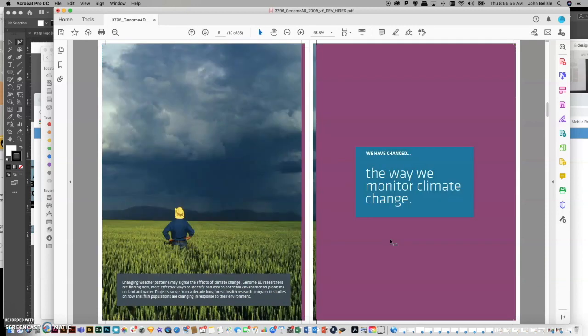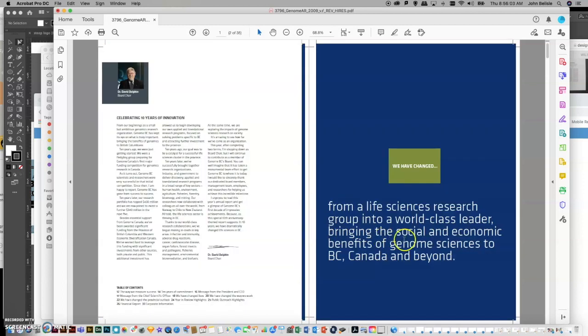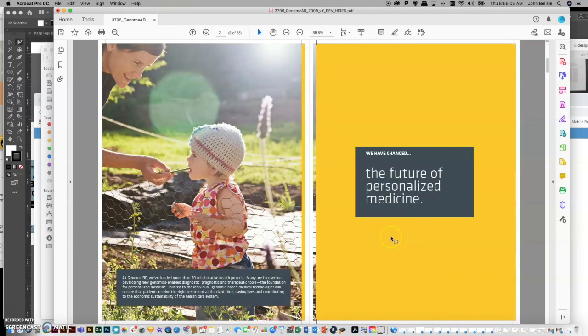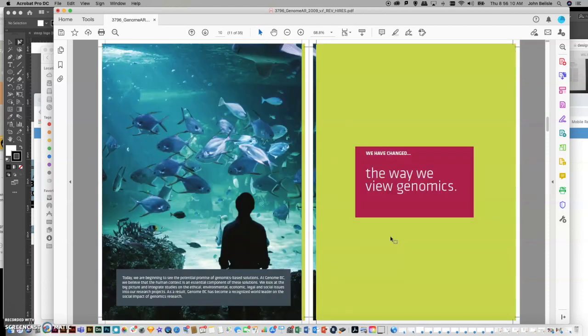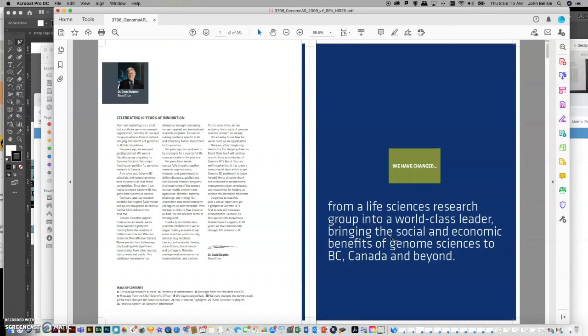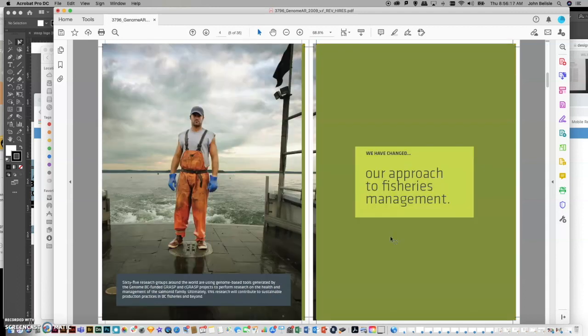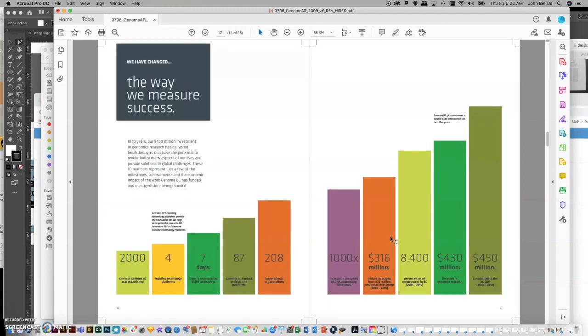So the whole report, that was just sort of me pitching them on having these big things that had changed in their 10 years and having that open the book. So no real heavy text or anything else, just sort of these big ideas, and then sort of an explainer on the photograph itself. And then moving into sort of a big statement about where they're going, how they measure